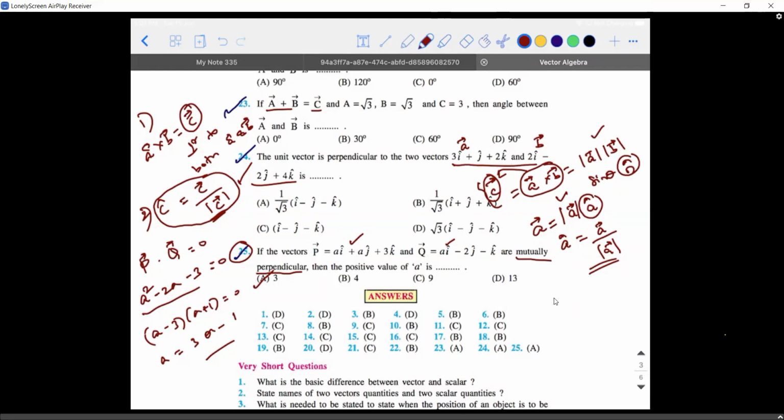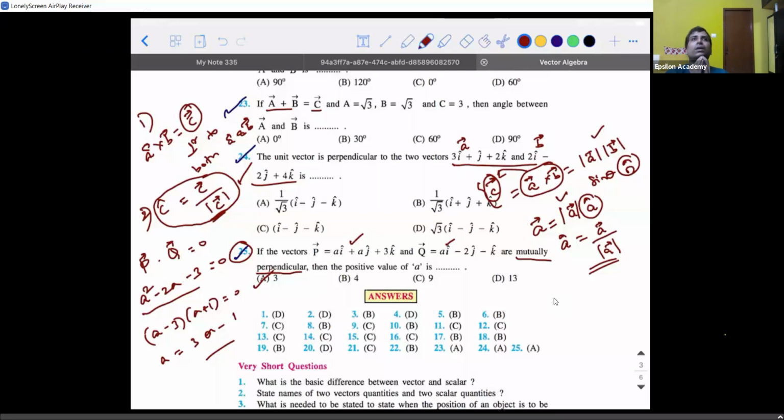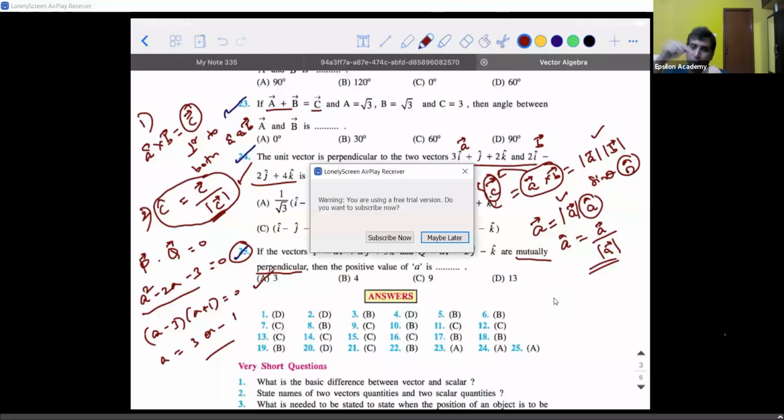Sir, can you once tell in which question should we use cross product and in which question should we use dot product? Okay. See, if they have mentioned that two vectors are perpendicular, listen to this carefully. They have already given you two vectors and they have mentioned that these two vectors are perpendicular, or if they ask you to prove that they are perpendicular, then you're going to use dot product. Whereas if they ask you to find a new vector which is perpendicular to the already existing vectors,